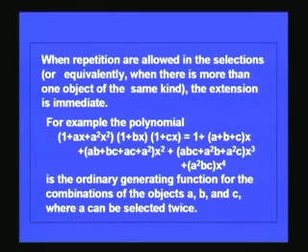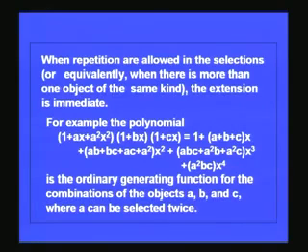For A, you can choose it twice, either once or twice, and B and C you can choose only once. In that case, how does the expression become, or how does the generating function look like? When repetitions are allowed in the selections, or equivalently when there is more than one object of the same kind,